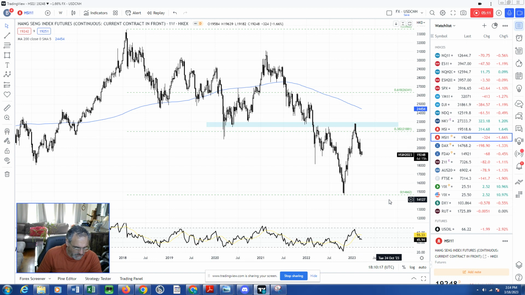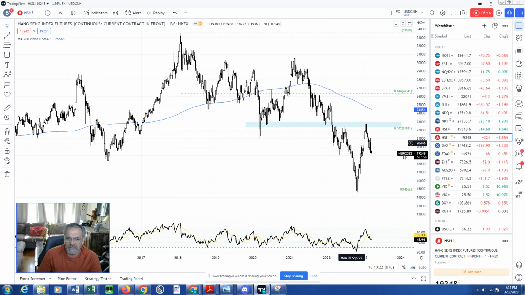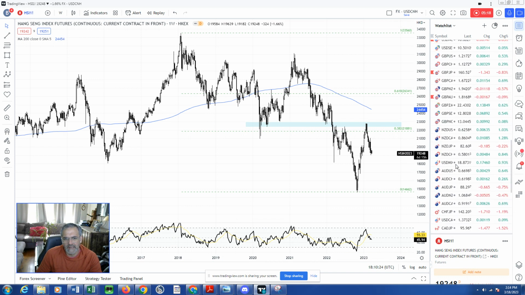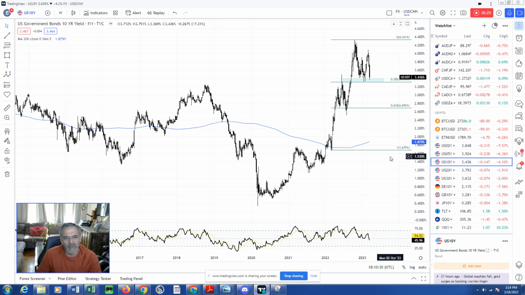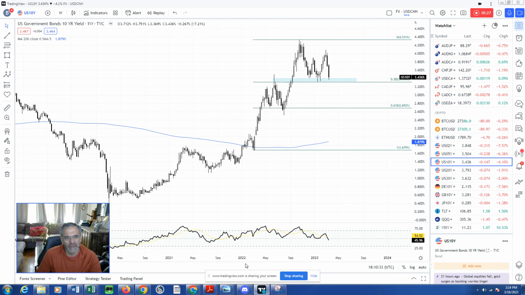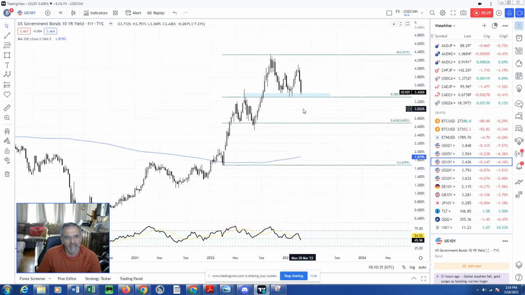Those are equities. Let's look at bonds. Again, the bond trade has been the cause of a lot of pain for a lot of traders. I've been hearing a lot of rumors of people being blown out on the moves that we've seen recently in rates. Very big moves on the twos and the fives.